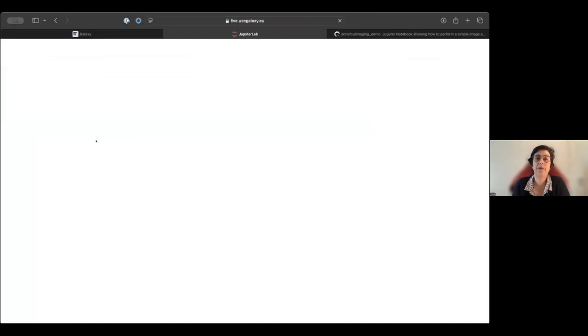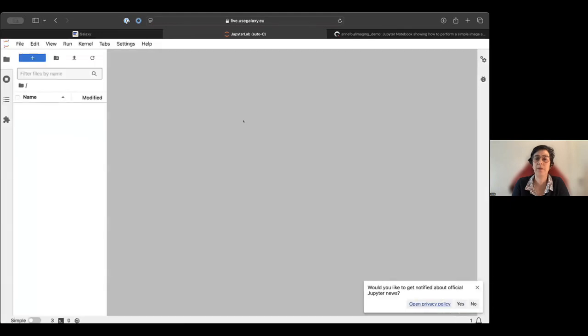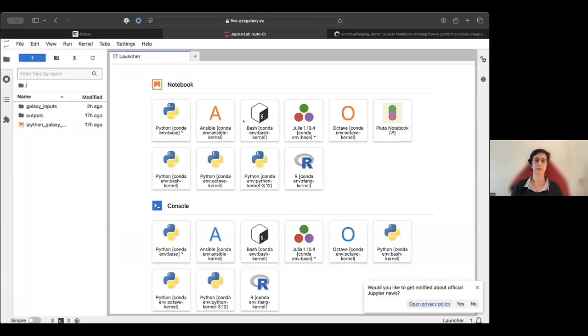If you are familiar with the Jupyter environment, it's very classical. Here you have different folders, which is the output if you want to communicate back to Galaxy. The way I work normally, especially when I want to develop, for instance, a new tool or a new algorithm, is I have a GitHub repository where I develop my new tool.